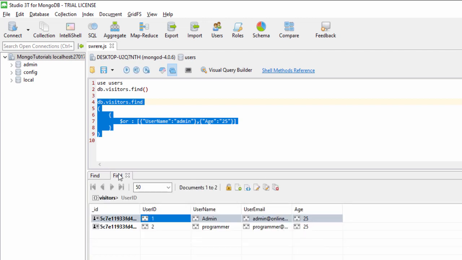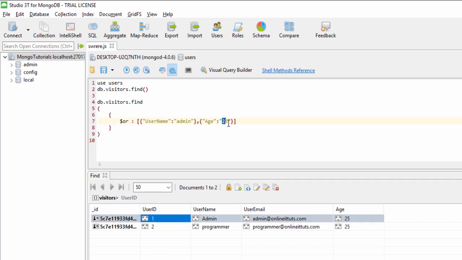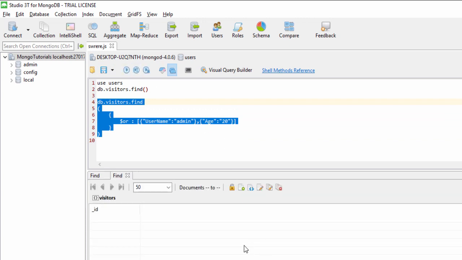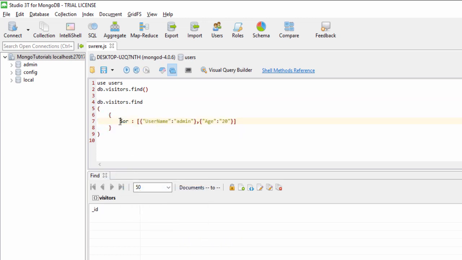There we go, guys. As you can see, we are able to see 2 records available inside the document that have an age of 25. I change the value to 20 and search the record. I can't see anything else inside the document. Why? Because I use the or operating sign to find the admin and also find the age. The age will be 25. If I change the username,